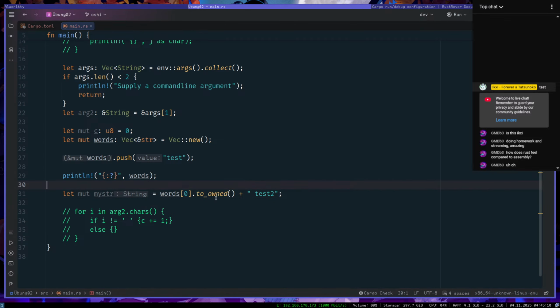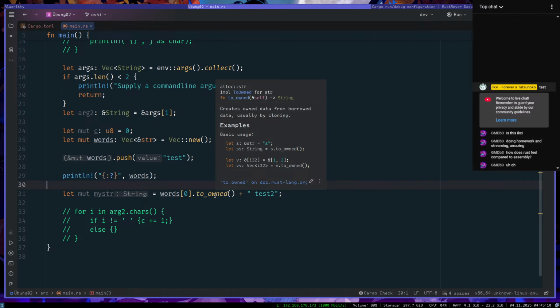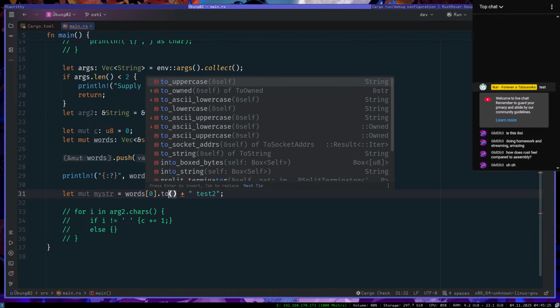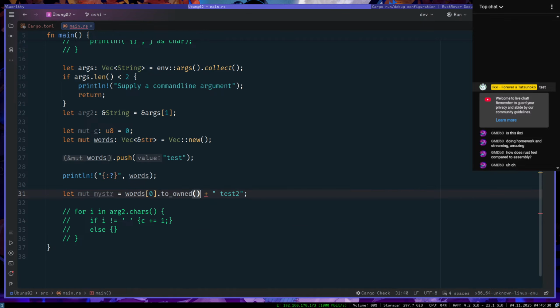Wait, okay, what does to own mean here? Creates owned data from borrowed data, usually by cloning. Can I just clone then? No. Cool. So it needs to be to owned because the first one's gotta be a, what if I want to do, huh?